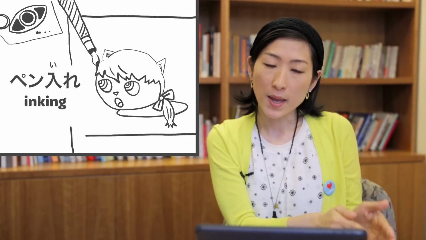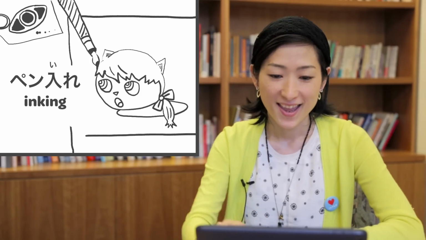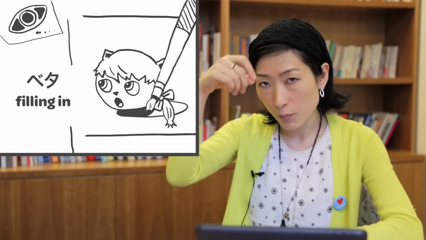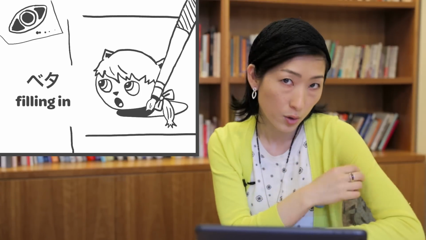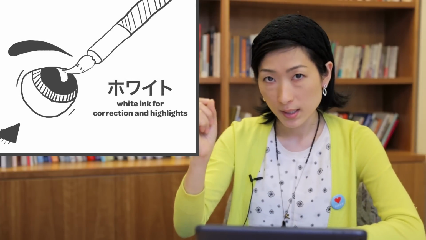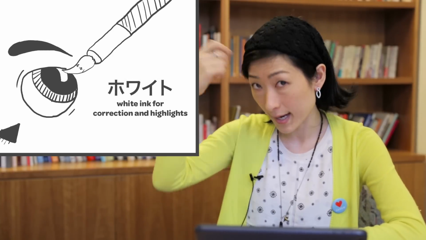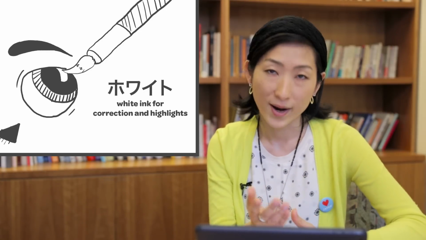When you switch from pencil to inking, finally, this is called pen入れ. And when you're filling in the space, for example, the head or the eyes or clothes, this is called beta. And when you use white ink for correction or adding highlights, this is howaito. White ですね。はい。